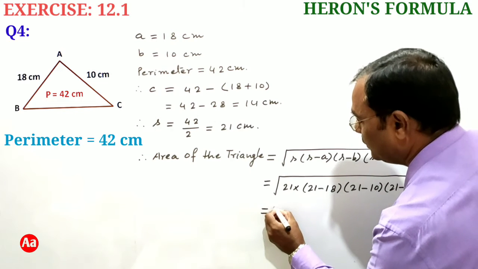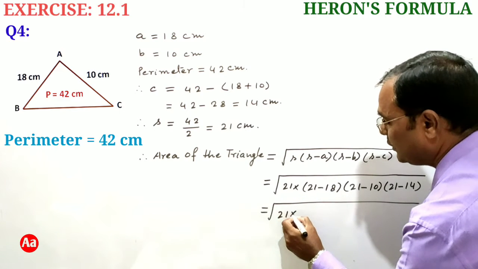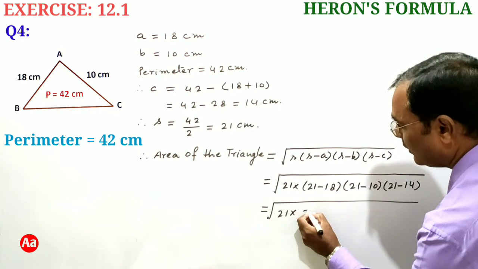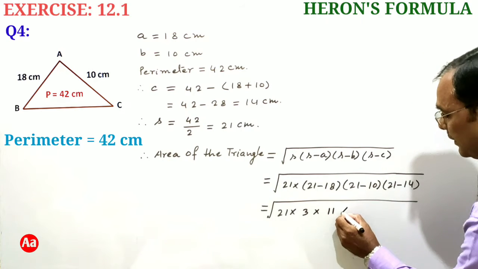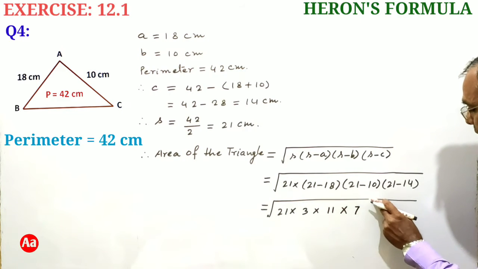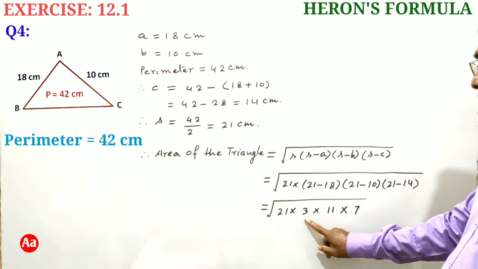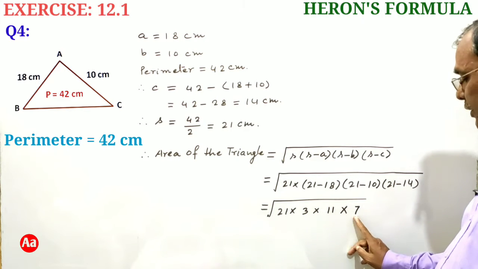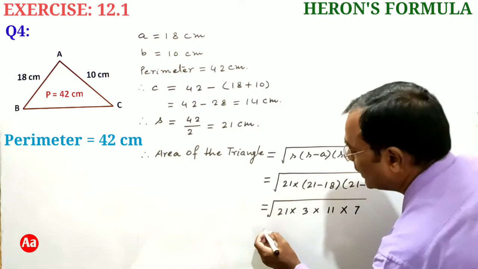This is equal to 21 into 21 minus 18, this is 3, into 21 minus 10, 11, into 21 minus 14, 7. Now see here, 21 into 3 into 11 into 7. This 3 into 7 is 21, and 21 is already here, into 11. So this we can write